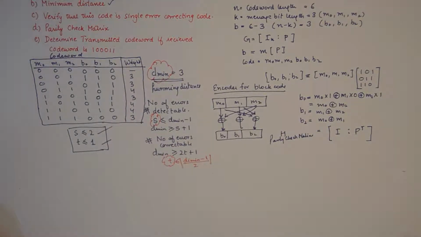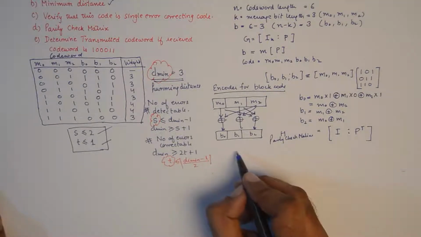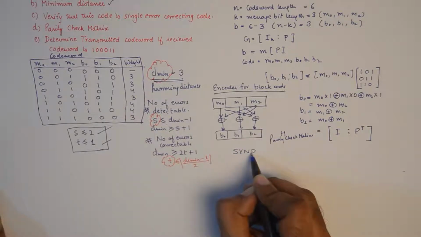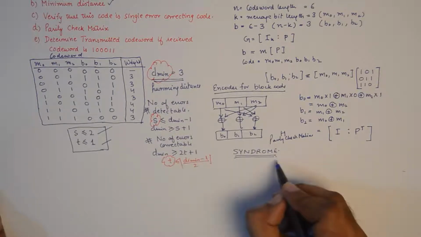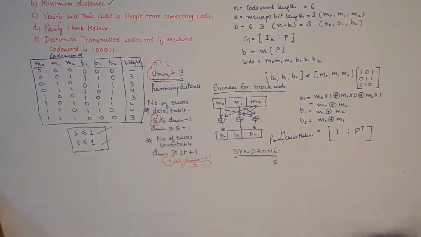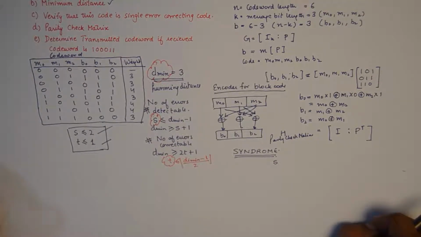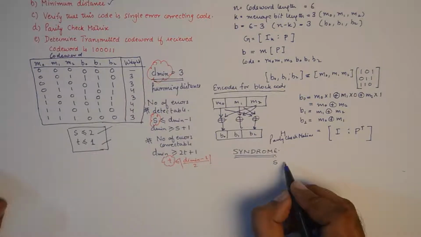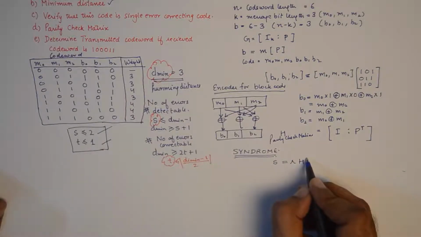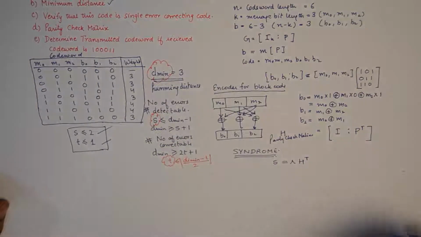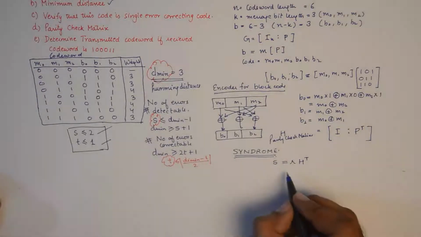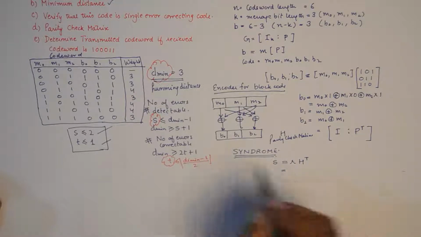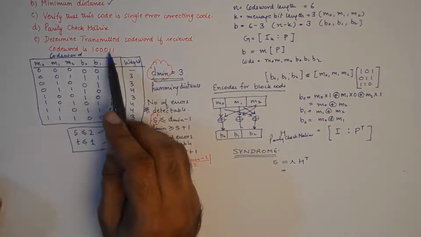Now the next question is to determine the transmitted code word if the received code word is this. So the next term that I'm going to introduce is syndrome. Syndrome is a kind of detection technique where the error is, and it is given by S is equivalent to R into H transpose. Now we need to find out syndrome. Syndrome will tell us where the error lies, and we have received a code word 100011,